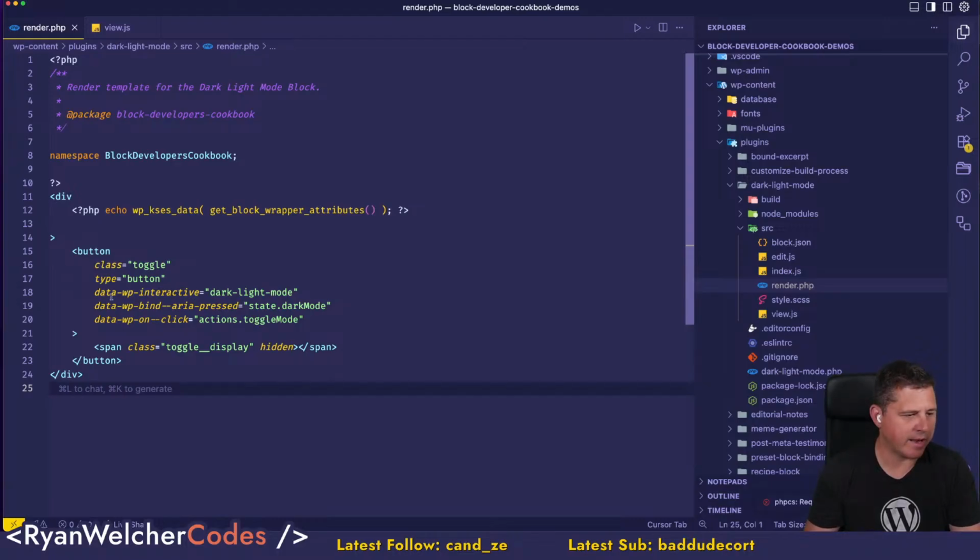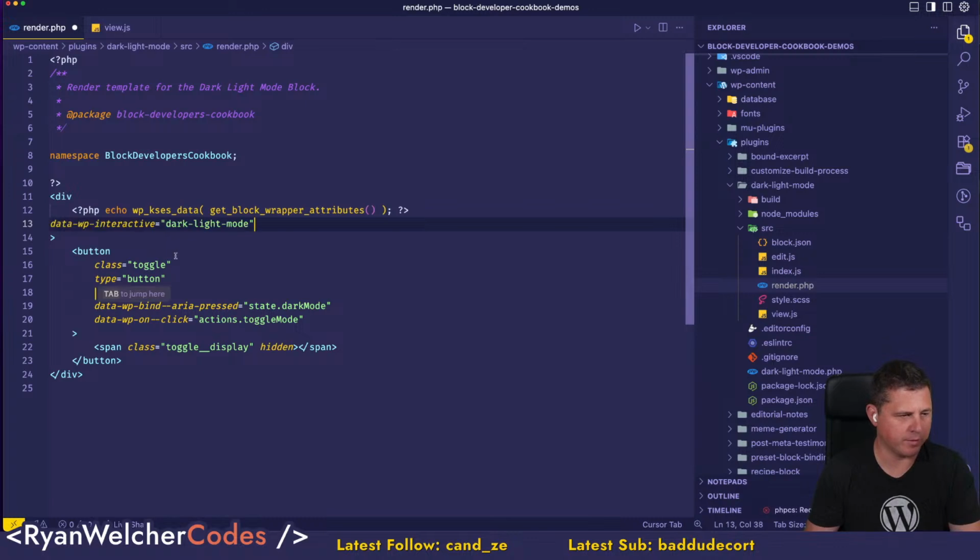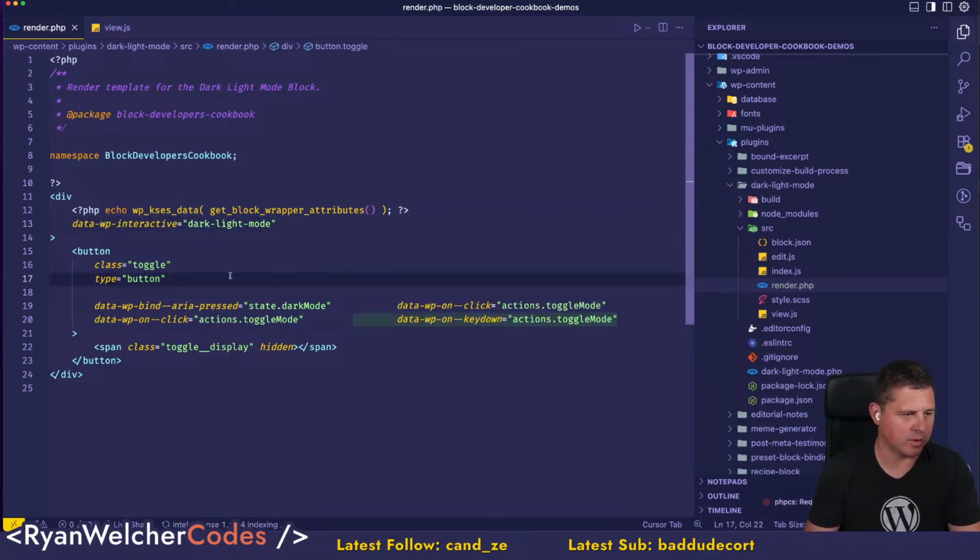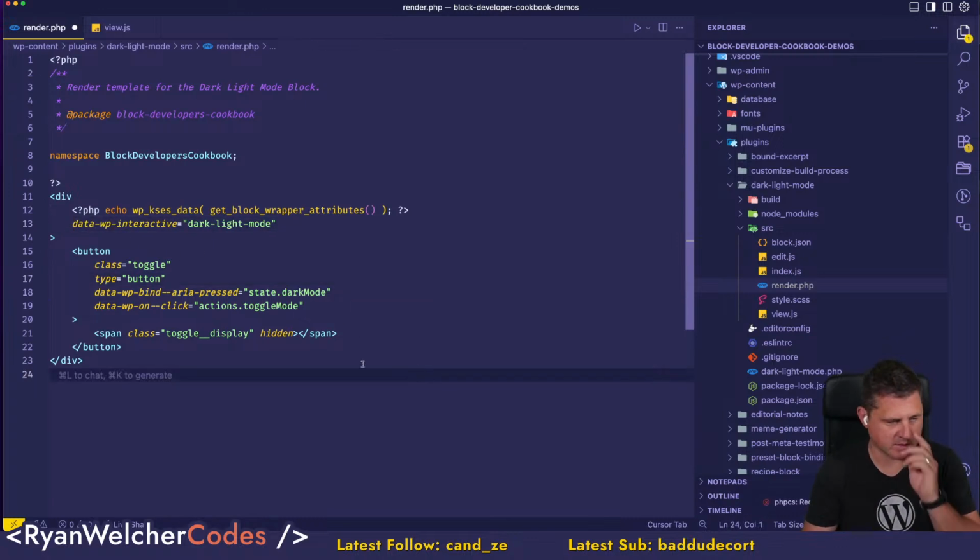Wherever we put this, any of its children will also be part of that store, and same with context. There's a context one. So this should work, and we'll test this to make sure it does. But we're going to do two things. So we're going to use WP